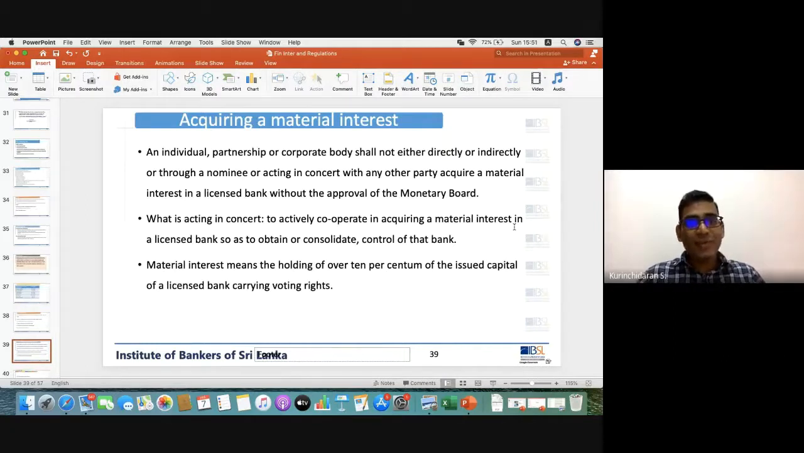And the next thing, acquiring a material interest, right? An individual, partnership, or corporate body shall not either directly or indirectly or through a nominee or acting in concert with any other party acquire a material interest in a licensed bank without the approval of the Monetary Board. Right? Now, this is a very important regulation, because now we know,